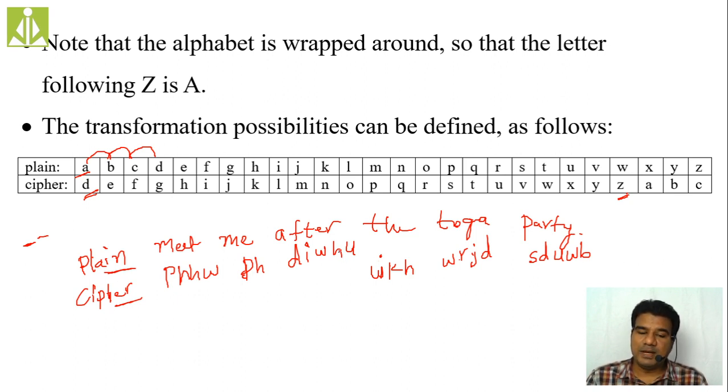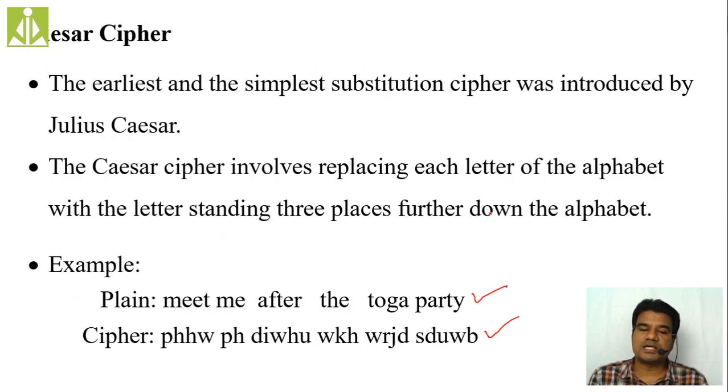Once the recipient gets the ciphertext, what will he do? He will perform the reverse of the encryption process. That is, he will select the ciphertext character P and look for the plain text character M. So here we have P, so he will get M, again E, E, T, M, E. Likewise, he will get the plain text "meet me after the toga party." Simply, he will perform the reverse of the encryption operation. So in this way, this Caesar cipher will work.